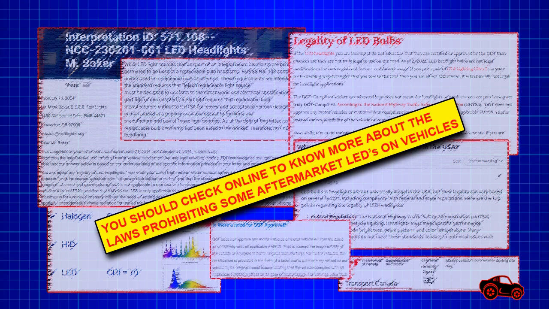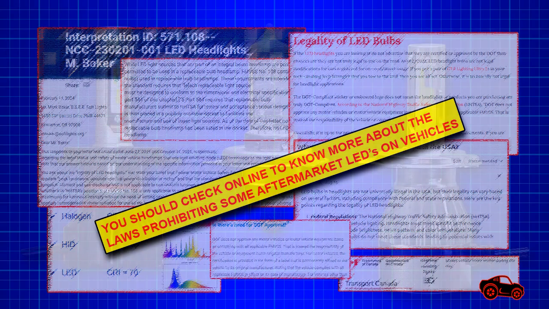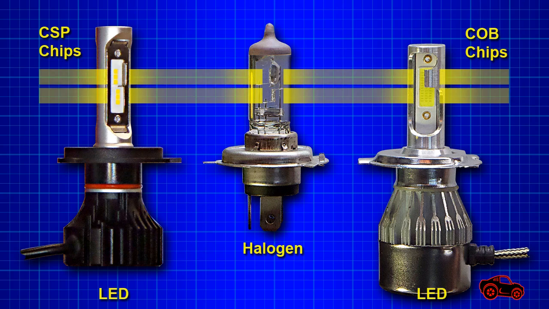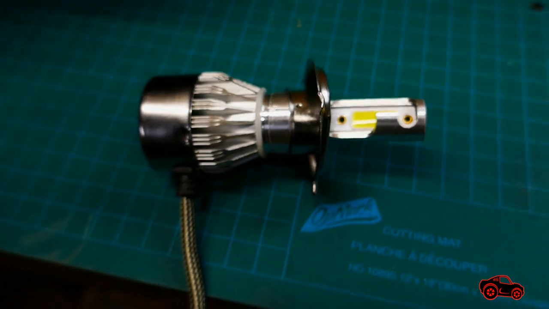Hi viewers, in this video I will show you how I tested the light dispersion of my LED headlight bulbs and how I installed the resistor with my rear LED turn signal bulbs. Technically, using aftermarket LED headlight bulbs is prohibited on public roads in the United States and in Canada. But in reality, the LED headlight bulbs are sold in many auto parts stores, in performance shops, and also online.